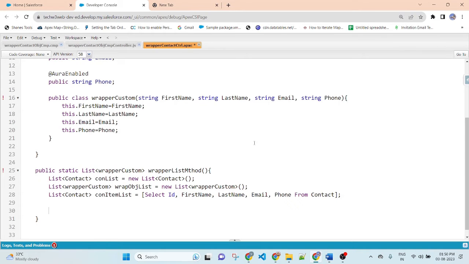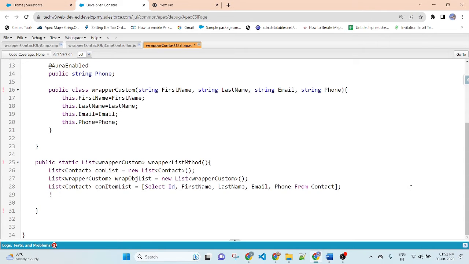So I am fetching the list of contacts here. After that, I will apply a for loop for the contact con list.